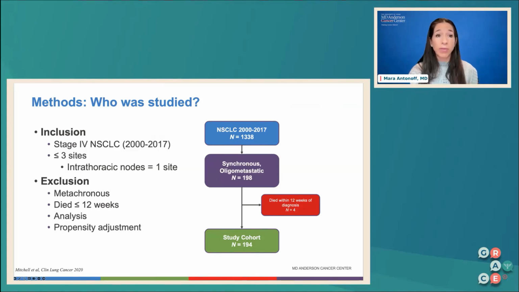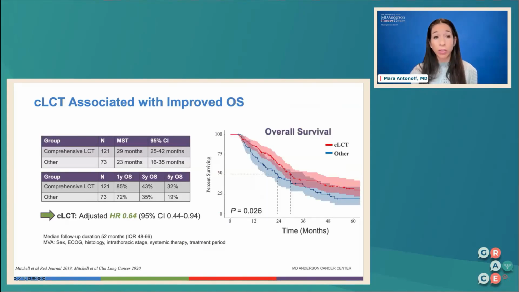And I do want to be very clear when I show you the results from this group that the years were 2000 to 2017, and very few of those patients at that time had what we know as oncogene-driven disease or molecular profiling that would allow them to get special treatments for mutations like EGFR or ALK or ROS1, other different types of mutations that we can treat at this point in time.